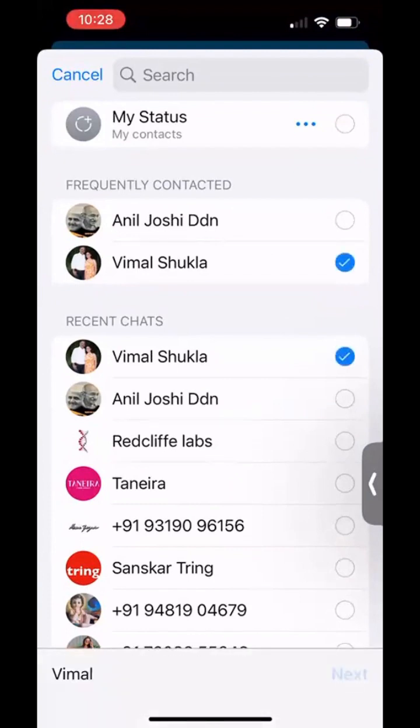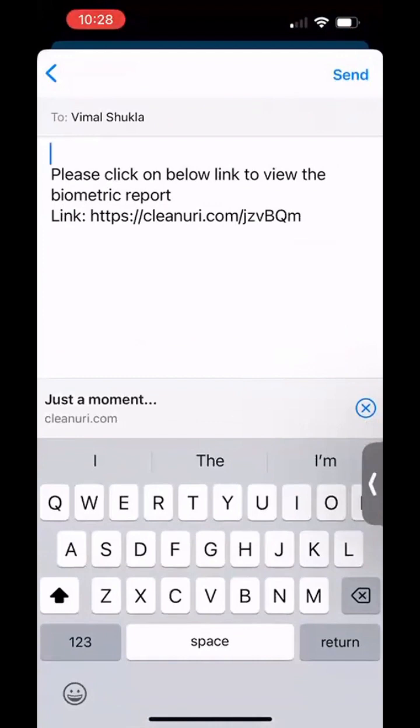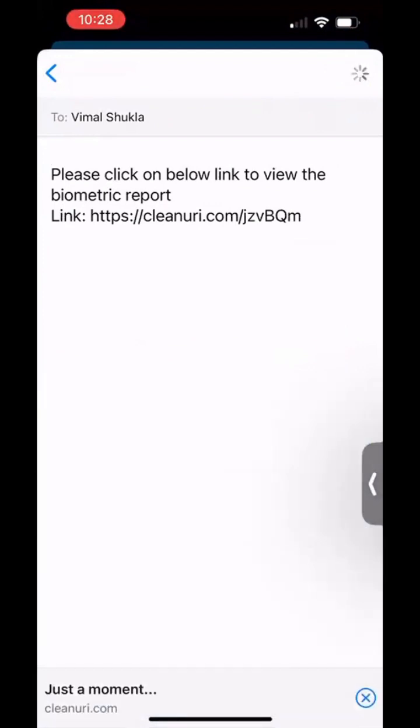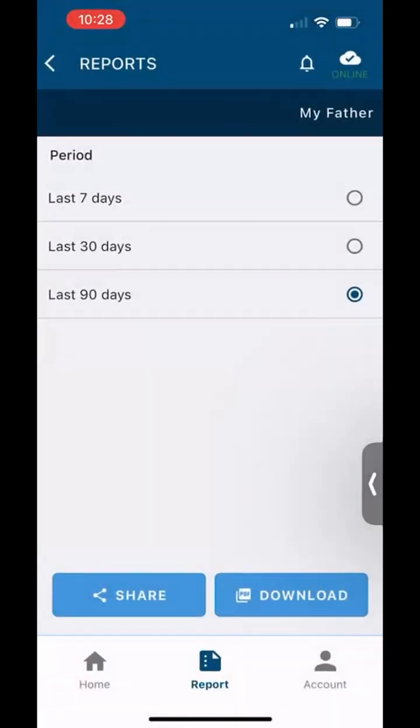So let's say I select myself here, and then I say send. So now the report has actually gone out as a WhatsApp to the person I selected, in this case myself. And similarly, we can send it through an email or text message or any other form that we would want to look at, right? Now, the report also has, this was one way to share, but there's also a feature